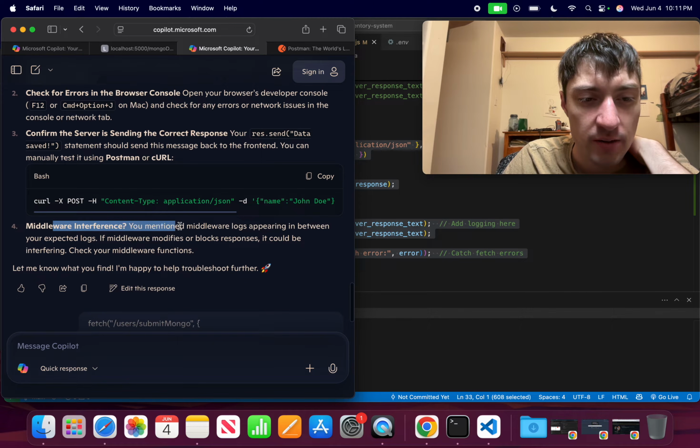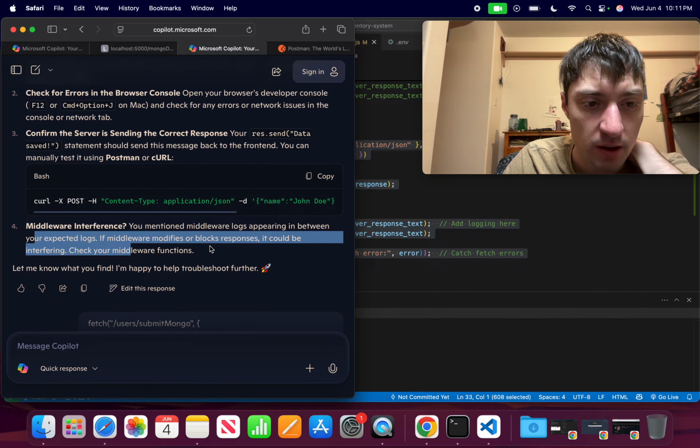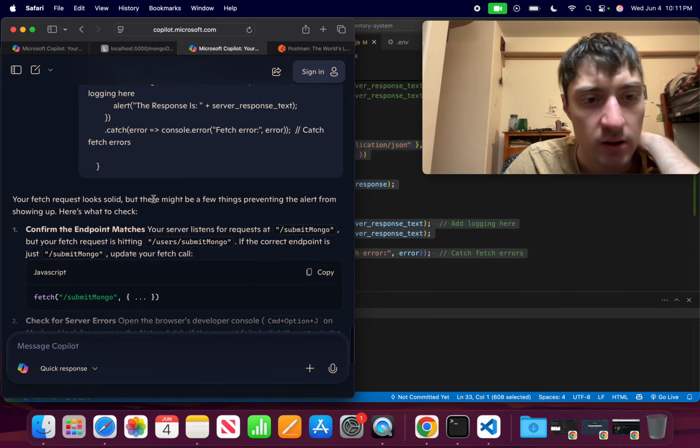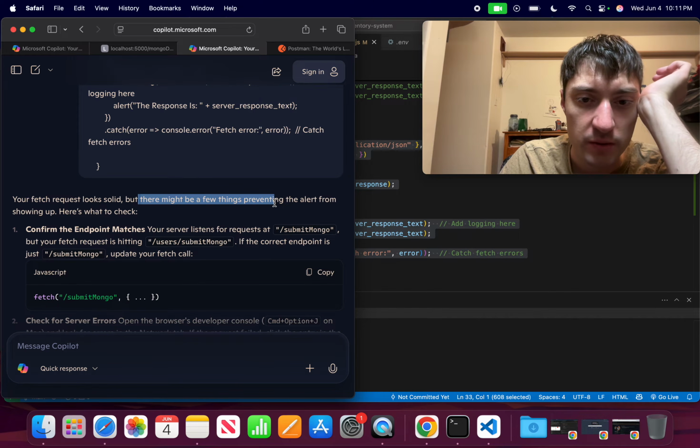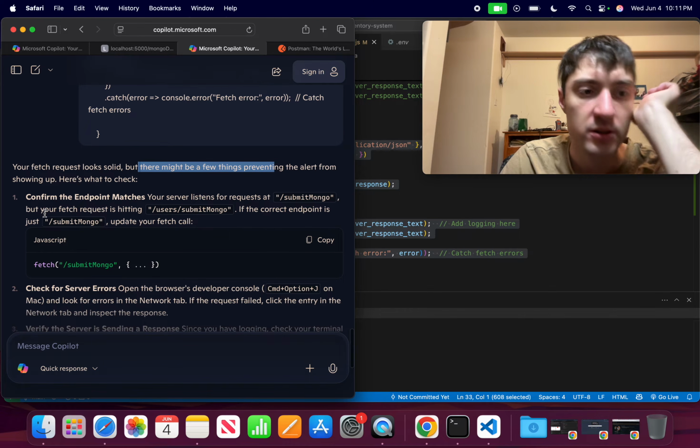Okay. Middleware interference. You mentioned middleware logs appear in between your expected logs. If middleware modifies or blocks responses, it could be interfering. Check middleware functions. Okay. It looks okay. So this is my fetch request, but there might be a few things preventing an alert from showing up here to check. Okay, so